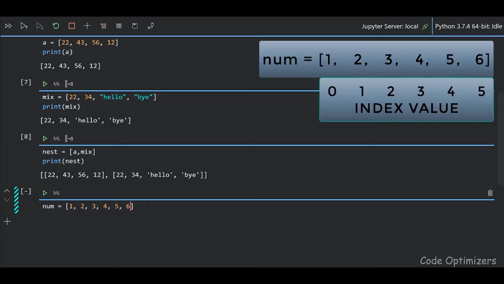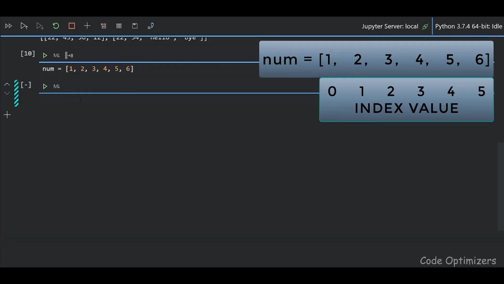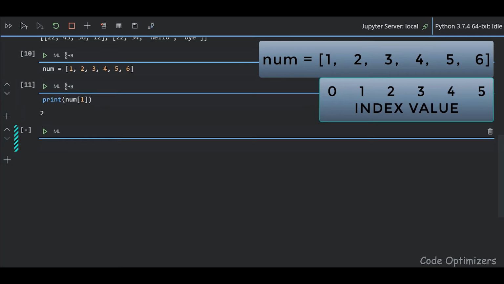To make it easy we have taken numbers from 1 to 6. Now I can access the second element of the list, and its index is 1 because indexing in a list starts from 0. So here we write print num 1, which will return the second element of the list, and when we run this it prints the value 2 as it is the second element.